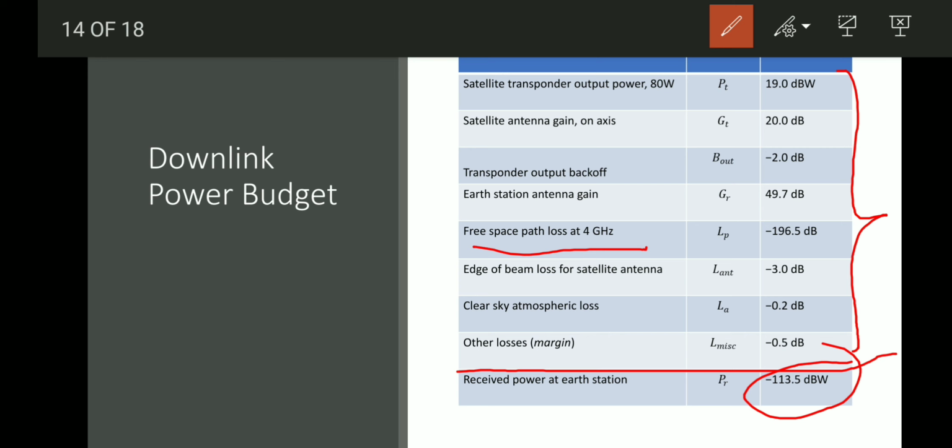We have already come across this value when we were doing questions in the earlier module, when we were talking about the power received. Here we have done all these things in dBW. The only thing different from what we did earlier is that we have done it in tabular form. That makes it pretty clear what things we have lost. This 2 dB is something that we have lost, this path loss, the edge of beam loss, all of these are the losses that we have encountered here.